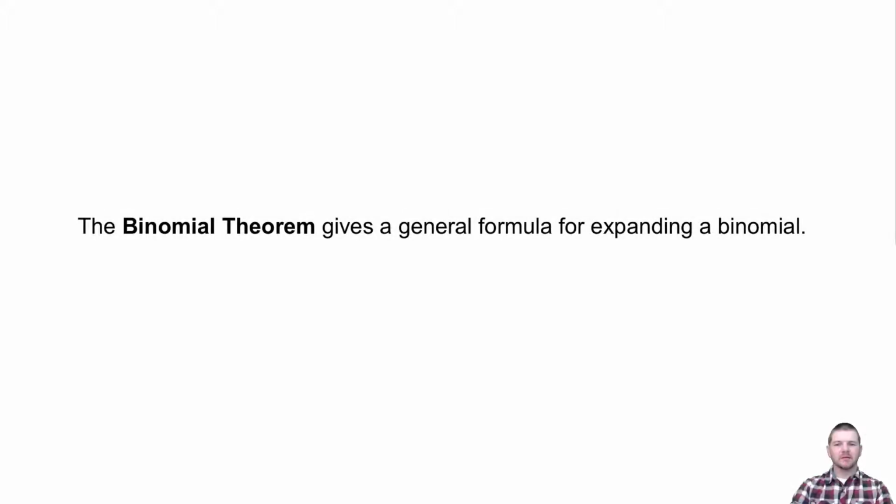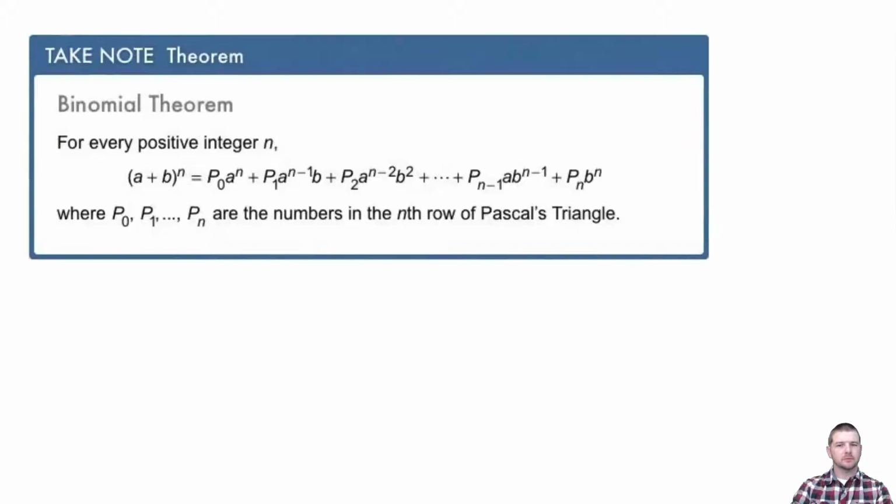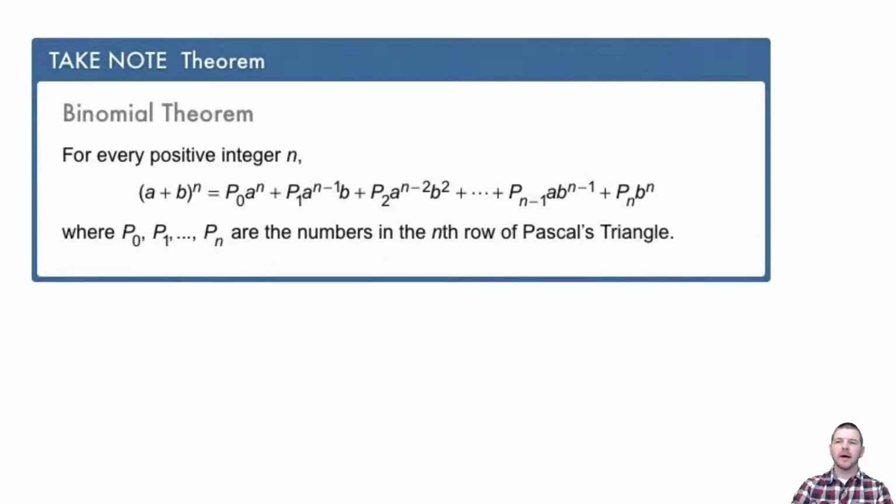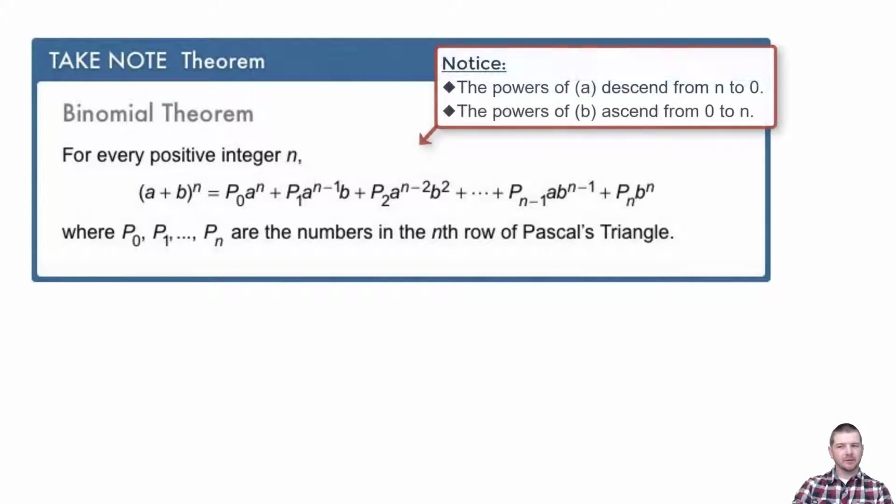The binomial theorem gives a general formula for expanding a binomial. Take note, theorem, binomial theorem. For every positive integer n, a plus b to the nth power equals p sub 0 times a to the